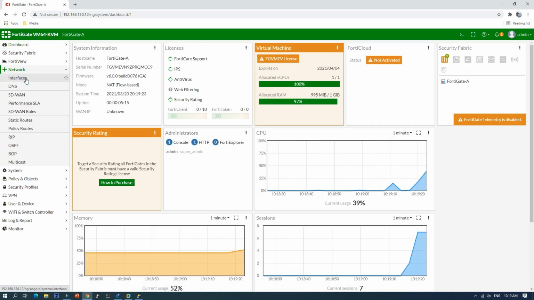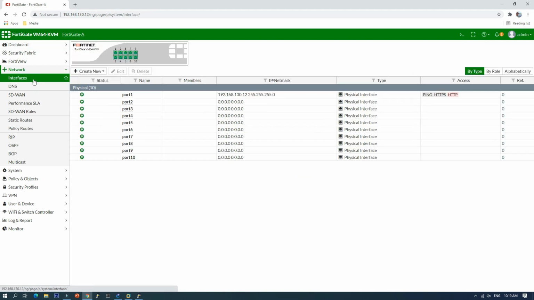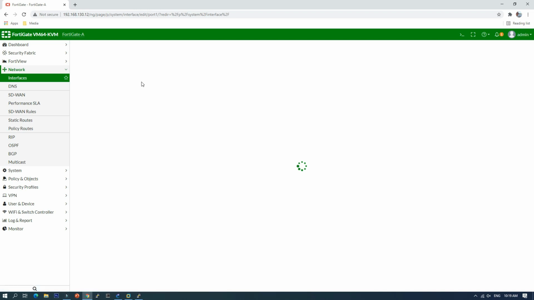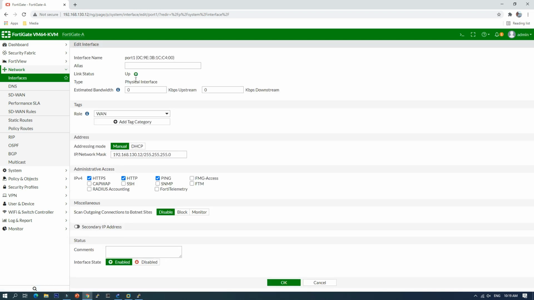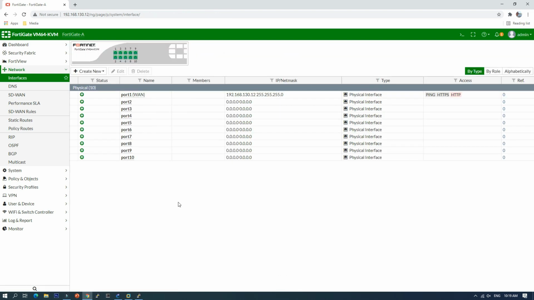Okay, so we can go to interface, port number 1. The role is WAN, allow ping and https, and the name is WAN. Okay, so let's do some configuration.